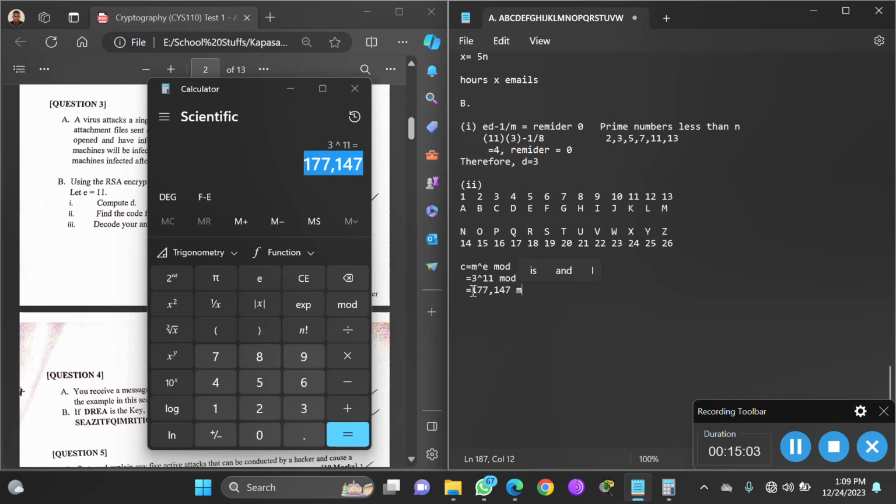Then mod 15. So basically mod just represents divide, like you can just say as if you want to find the remainder. So the first step, we need to divide it by 15. So you need to divide this answer by 15 like that,